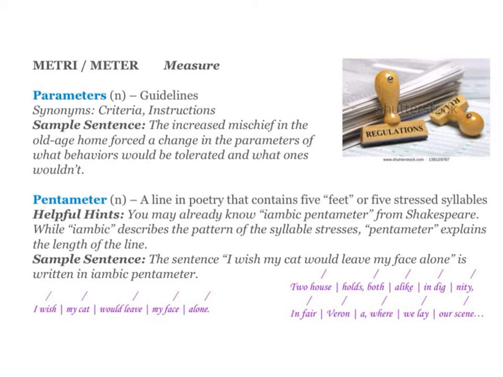Your final root is metri or meter, which means measure. The fact that a meter is a unit of measurement should help you with that. Your first word is parameters, which are guidelines, and your synonyms are criteria or instructions, which means that when you get an assignment, you might get a list of parameters for that assignment, which would be your list of guidelines